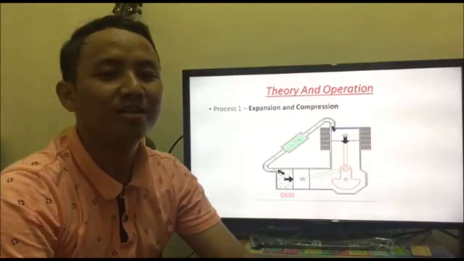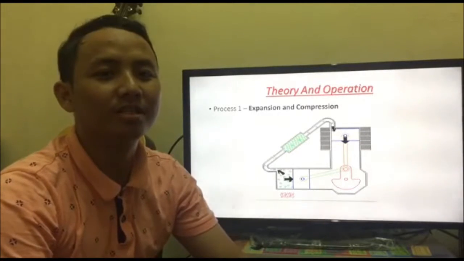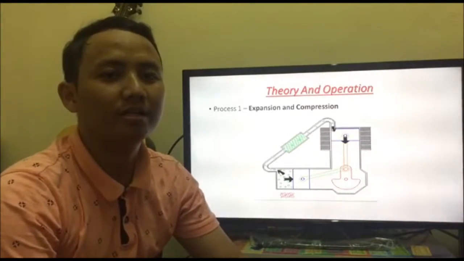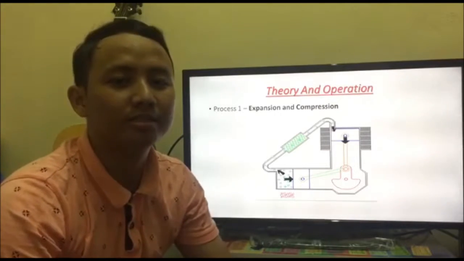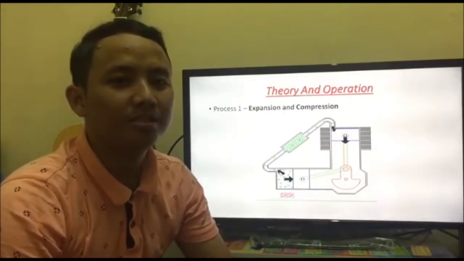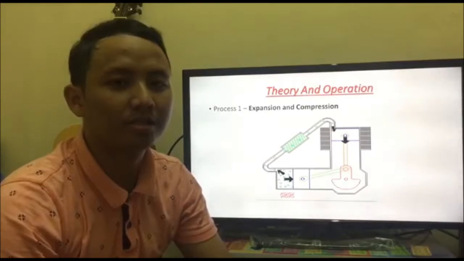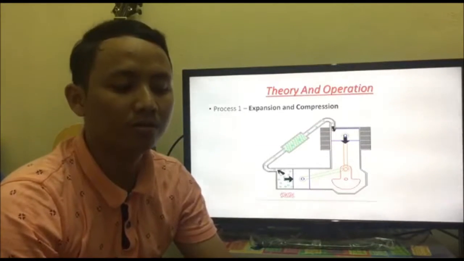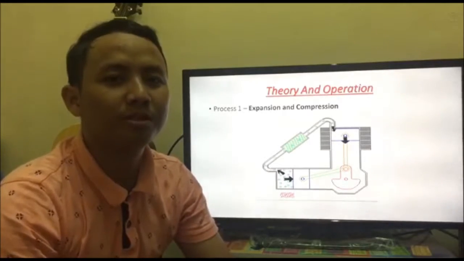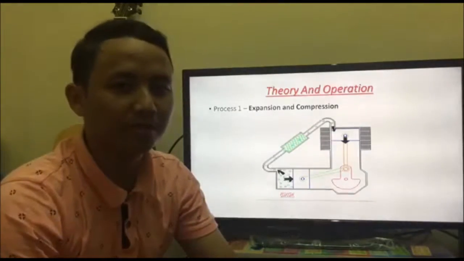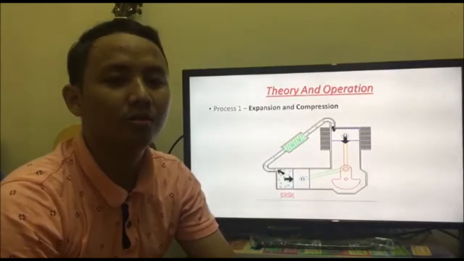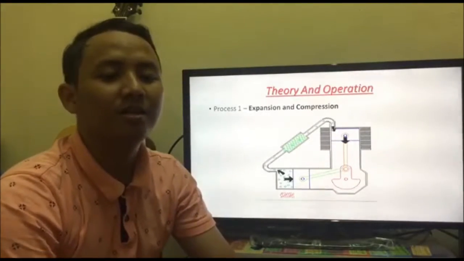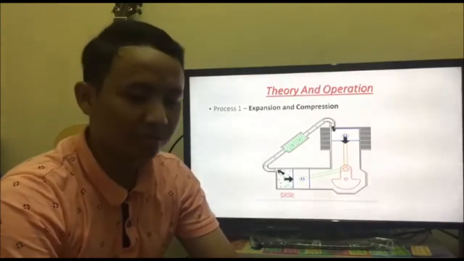Assalamualaikum. Today I want to explain about the Stirling engine. Before that, let me explain what the Stirling engine is. A Stirling engine is an external combustion engine that uses air as the working medium between two pistons. Basically, there are 4 processes to complete one operating cycle. Process 1 is the